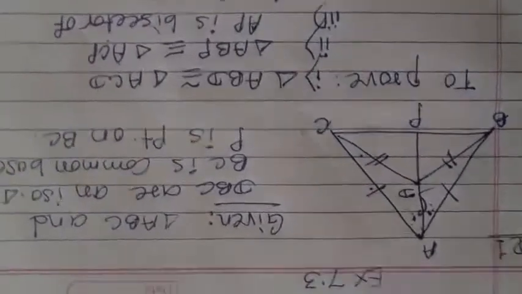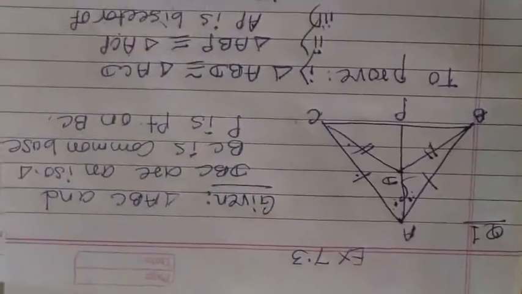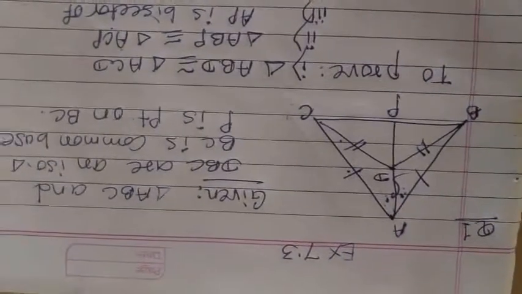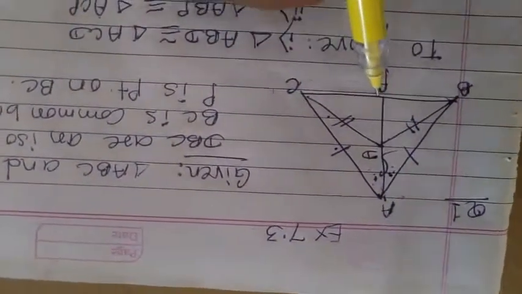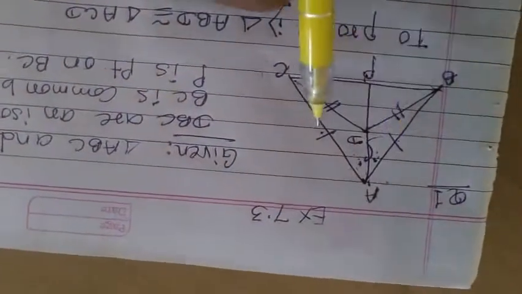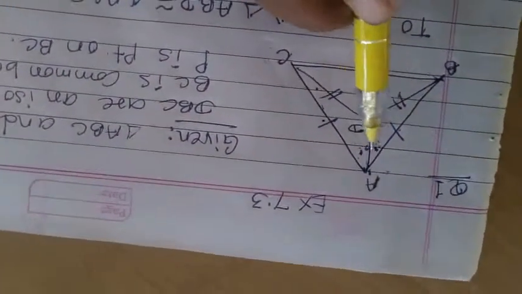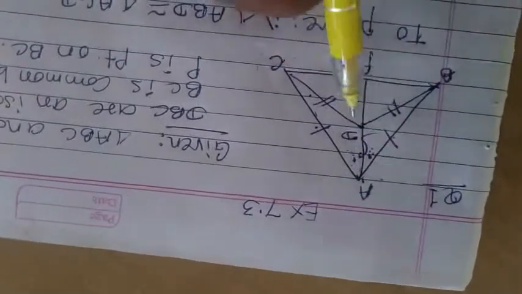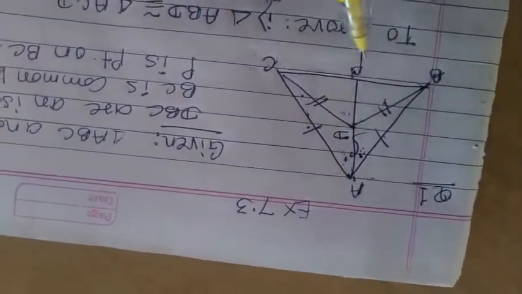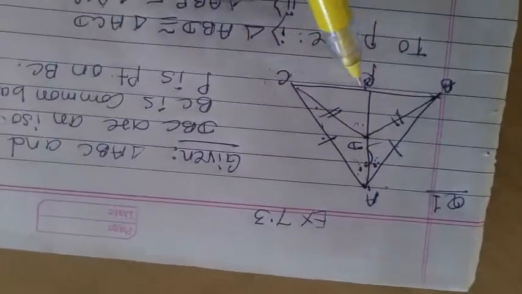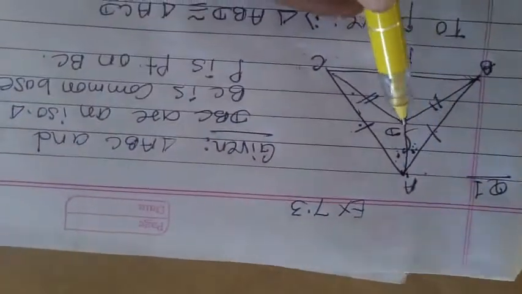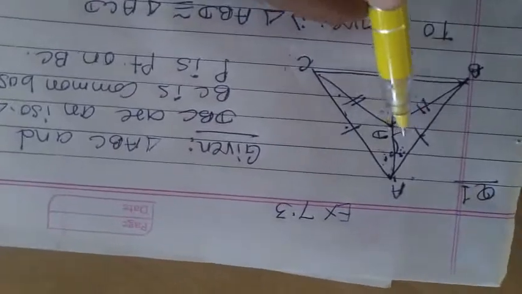Now see the second triangle. Second pair is ABP and ACP. Triangle ABP and ACP. In these two triangles, AB is equal to AC. This angle is equal to this angle, BAD and CAD. We can extend up to P, means BAP and CAP. AP is the common side, means both the triangles are congruent by SAS. Two sides and included angle.